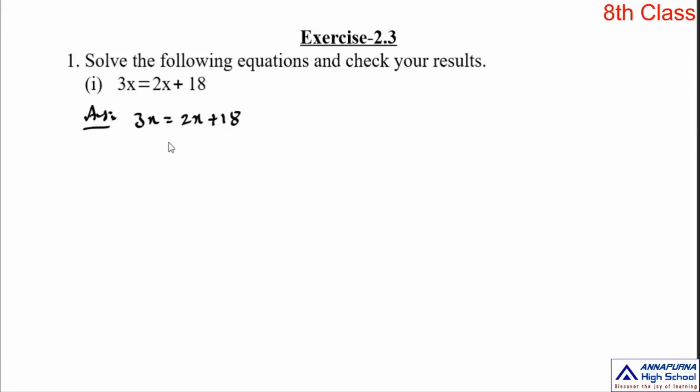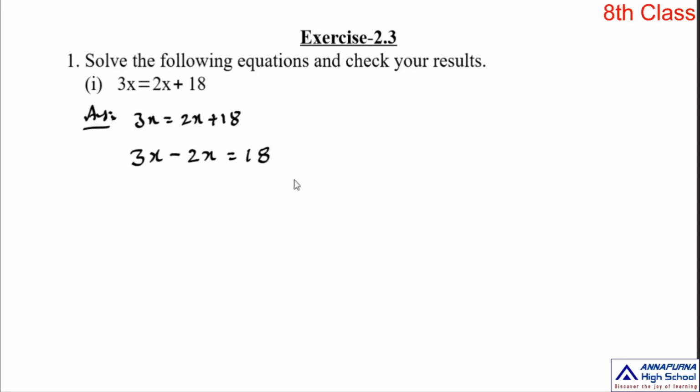Here we are transposing a term. We are not transposing a factor. We are transposing a term. The x term completely transposes to the left side. So what is the sign of this term? It's plus sign. So when you transpose it to the left side, it changes to minus. So on the left side already you have 3x, and plus 2x is transposed to the left side, it changes to minus 2x is equal to the right side. On the right side actually we have two terms, but the 2x, that means the variable term, transposes to the left side. So on the right side how many terms are left? Only one term, that is 18.